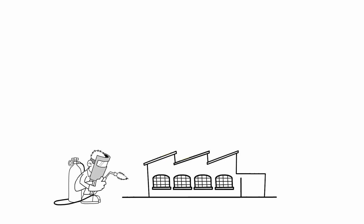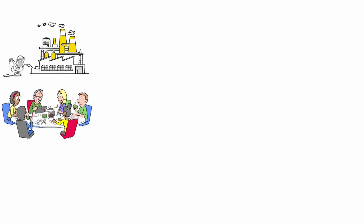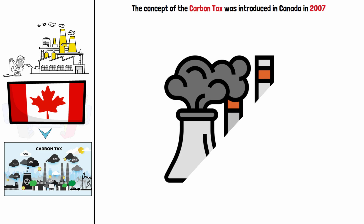Man-made pollution has played a massive part in global climate change. Every country has its ways of tackling this problem. In Canada, the solution being used is called the carbon tax. The concept of the carbon tax was introduced in Canada in 2007 with the simple idea that if all fossil